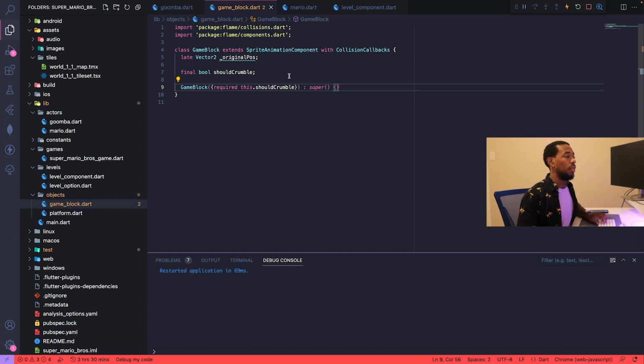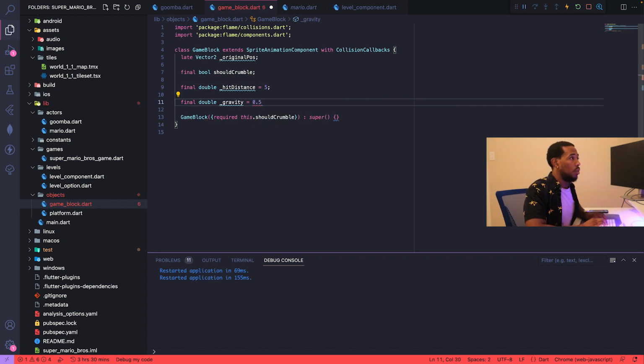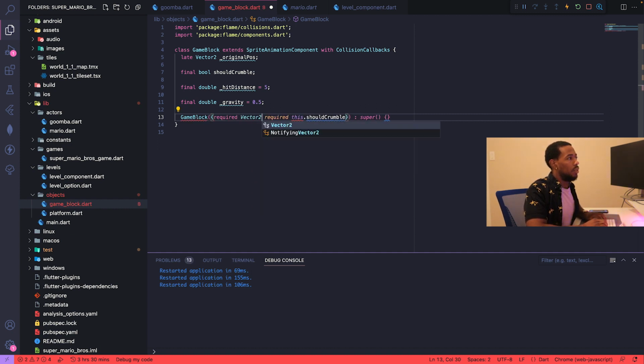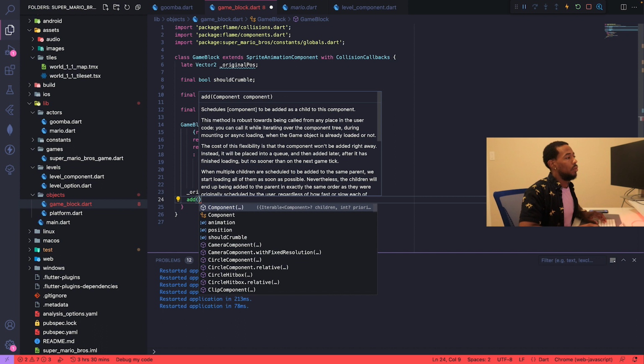This shouldCrumble value will be set to true in the brick block, and it will be a 50-50 chance in the brick block, and then false for the mystery block. Final double hitDistance equals 5. This is how far up the y-axis the block goes when it gets hit. The gravity is much slower because it's not that much of a distance it needs to travel. Then within the constructor, we need position, animation. So what we need to do in the constructor is first set that original position equal to the position that we get from the constructor. And we also need to add a